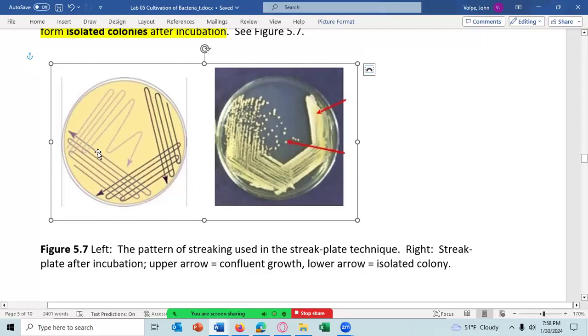Well, in this case, you're doing everything the same, except once you streak out quadrant 1, you do not put the loop into the bacterial incinerator and then bring your loop over here to streak out sector 2, where you're getting the cells from sector 1. If you do not put your loop inside the bacterial incinerator between sectors 1 and 2, you will have